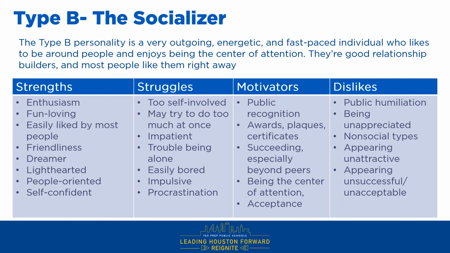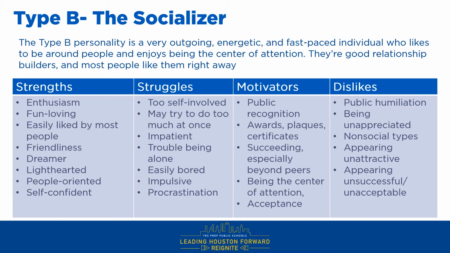They're easily bored. They can be super impulsive and not think before they act, and they can sometimes procrastinate. The things that motivate a type B person are public recognition, receiving awards and plaques and certificates, succeeding, especially sometimes if they can outdo their peers, being the center of attention,